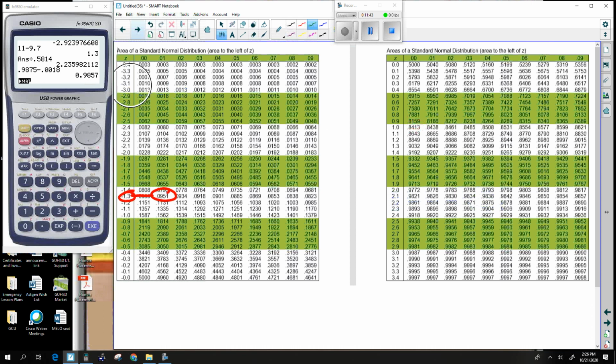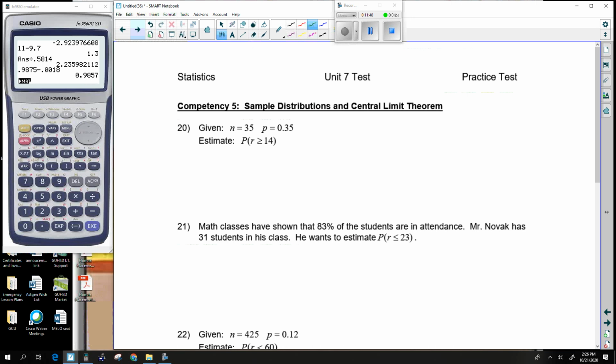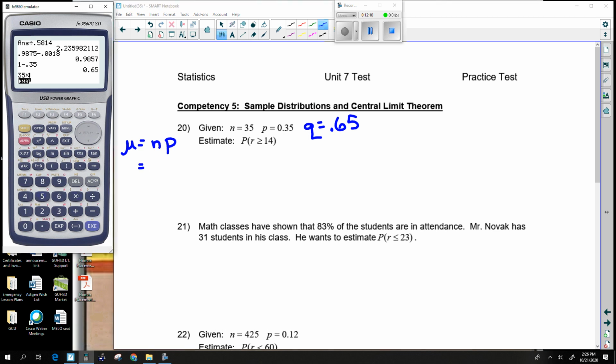Okay, on to the very last competency, which is the R's get bars. What we need in here is we need a Q, which is 1 minus P. So if P is 0.35, that means Q is 0.65. What this helps us develop is our average and our standard deviation. So here our average is 0.25 and our standard deviation